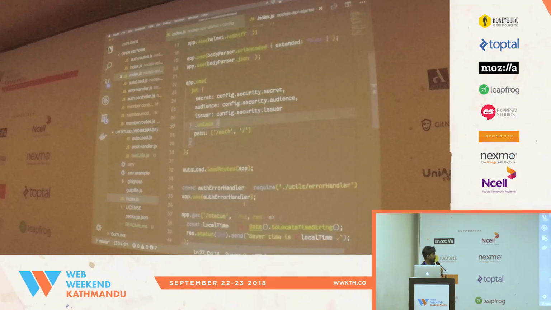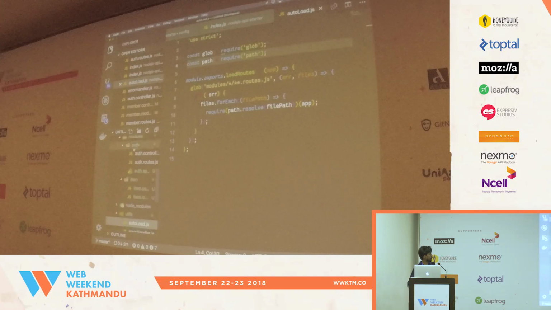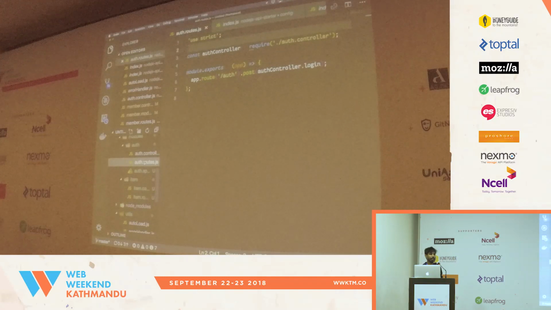And I have a download of Node routes. So let's go into the code a little bit. It has a glob pattern which says that if a file ends with route.js, require it. So every time you create a file with that name, it will be auto-loaded. Then I can easily create a module folder and create a route file like this, and it's going to be auto-loaded, and I don't need to include it in my file itself. So it is very easy for me.